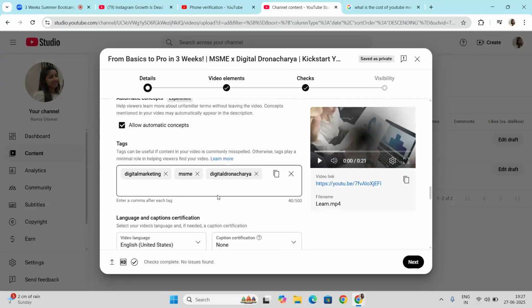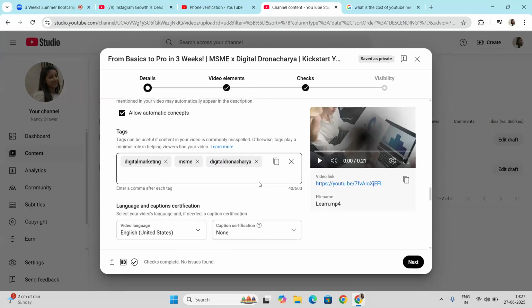This is the most important thing that you should always use, kind of hashtags. Although we have already taken some of the hashtags in the description, try to use the tags option as well, and up to 500 characters are allowed. You have to add keywords and add hashtags, as many as you can, right?